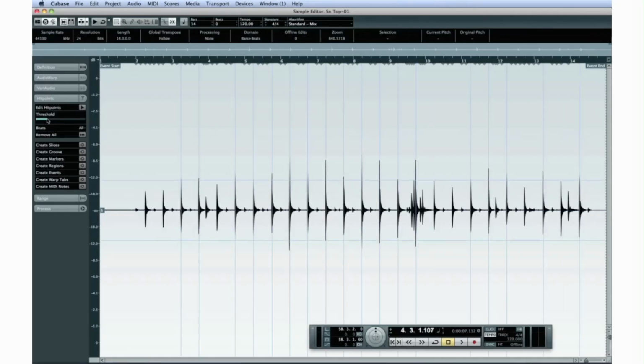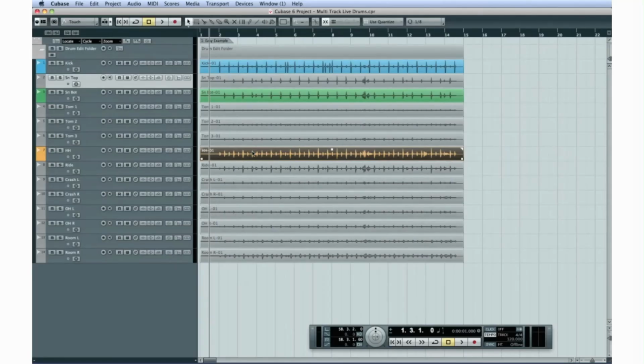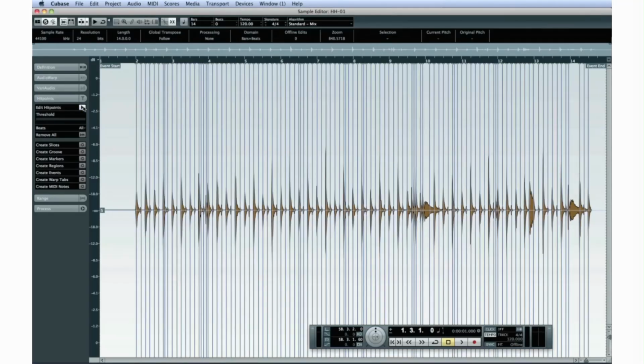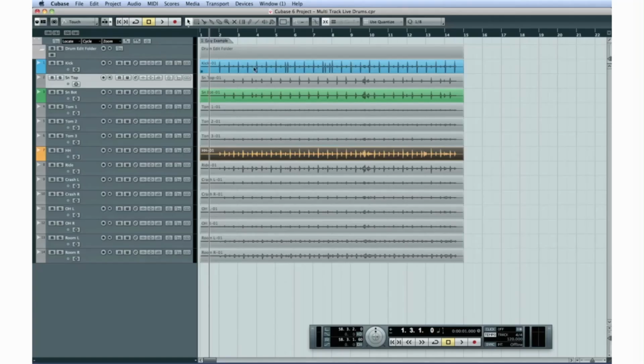We may need to disable a few hit points around measure 9 and 10 to accommodate the fill. We won't use the threshold control for setting hi-hat hit points because of all the conflicting signal levels. Rather, let's set these hit points by using the beat setting and a resolution of 1/8. Now that we have hit points for each of the three main percussive instruments in this drum part, it's time